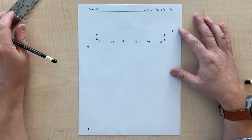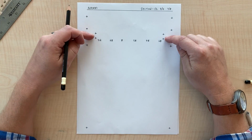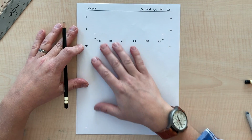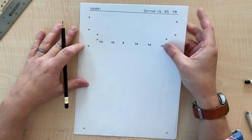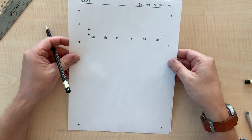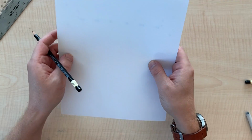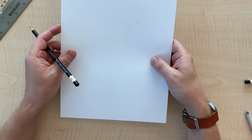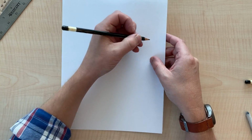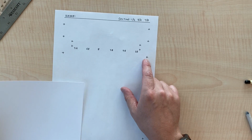Mr. Jones here with a lesson about setting up your grid, gradient, and pencil scale. So, as you know, this is a blank copy of the template that you're going to use. You're going to take a blank piece of drawing paper, lay it over top, and hold it up to the window, and that will allow you to see through the drawing paper, and you're going to make marks to indicate where all of the little plus signs are,